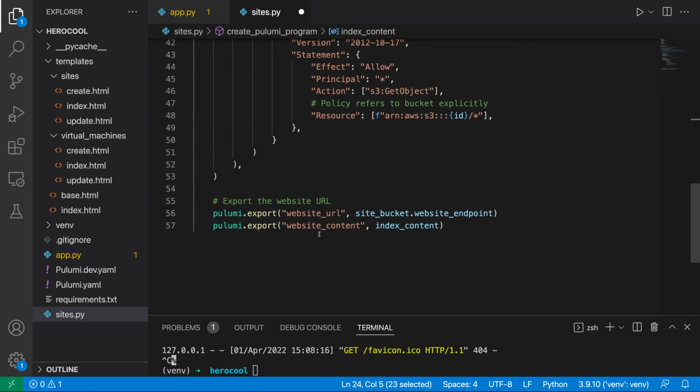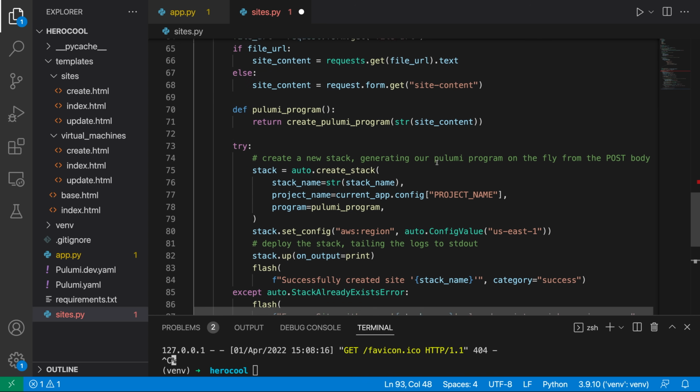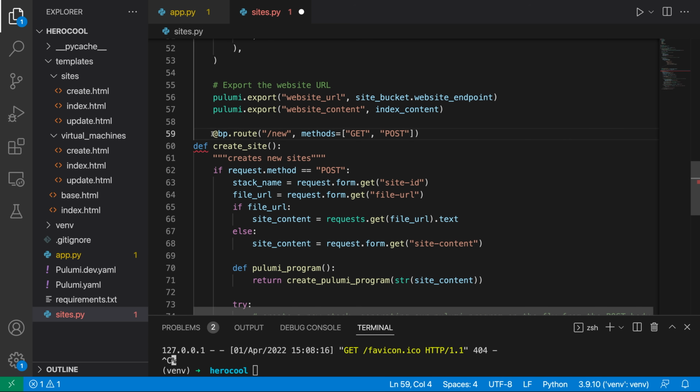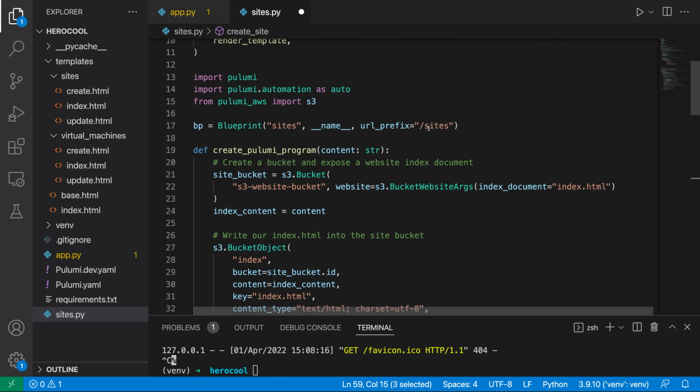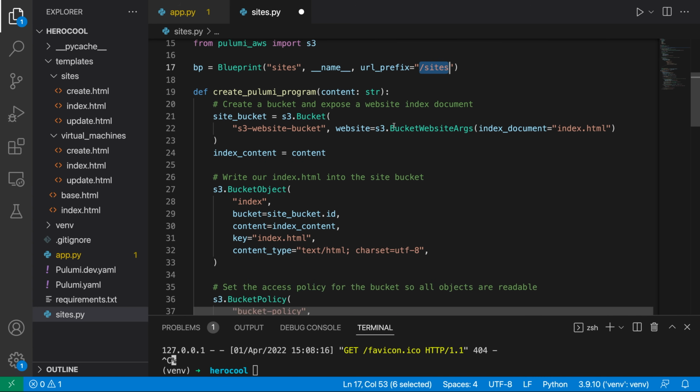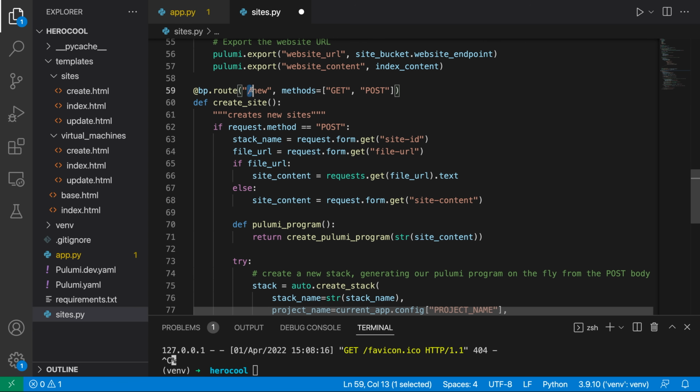So far, nothing is calling this function. So at this point, let's create URL endpoints that can be used to call that function we just created to create websites. So first, we will create a new route. So first is going to be /sites, and then at the end of /sites is /new. And this will respond to both GET and POST